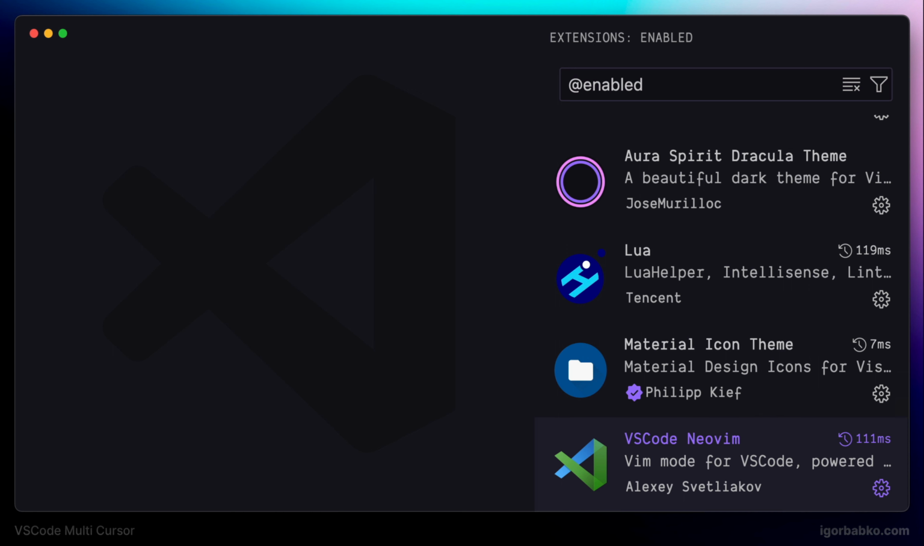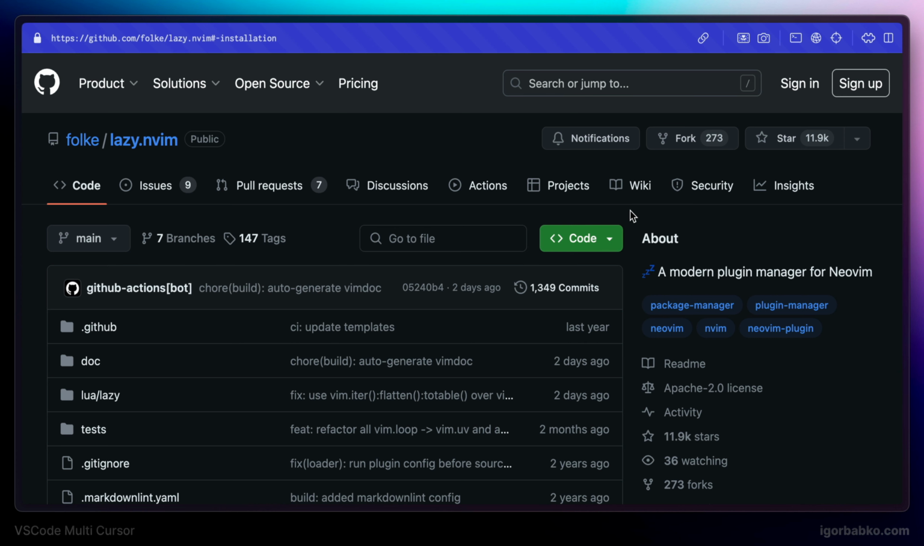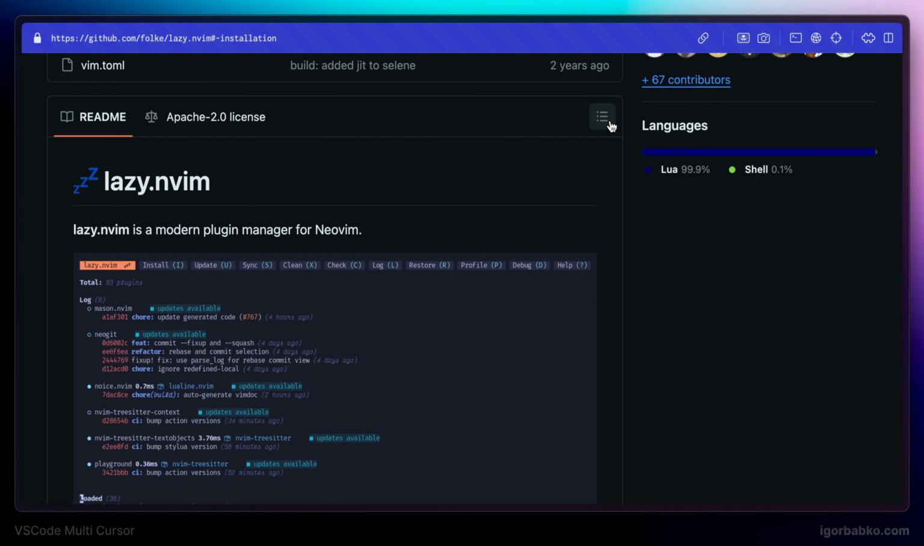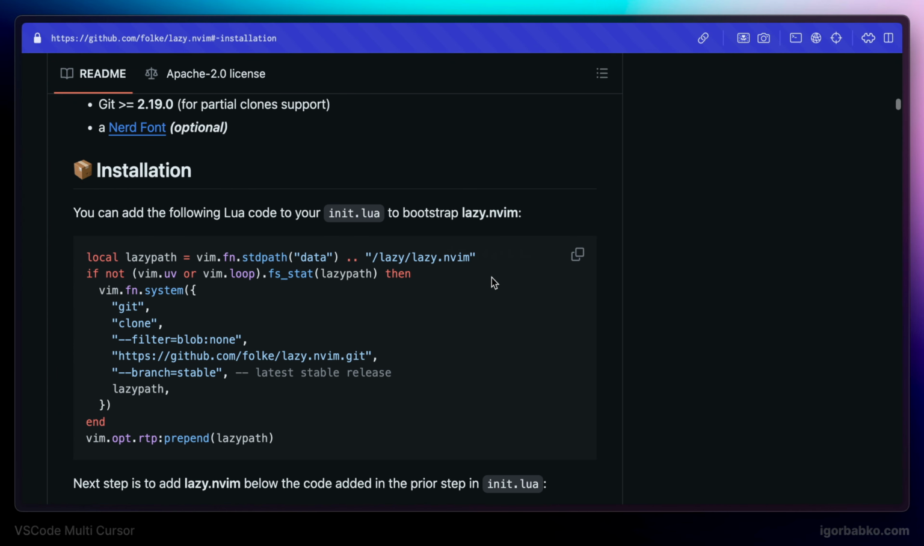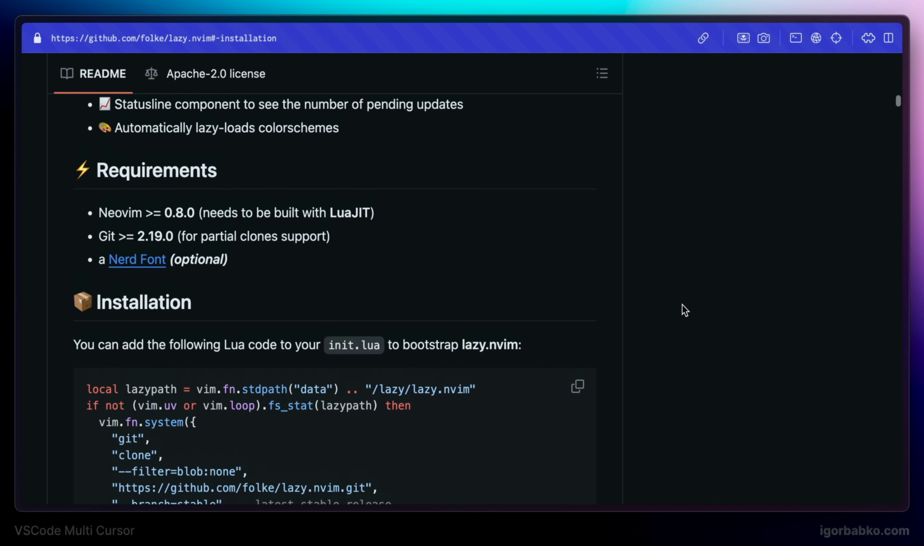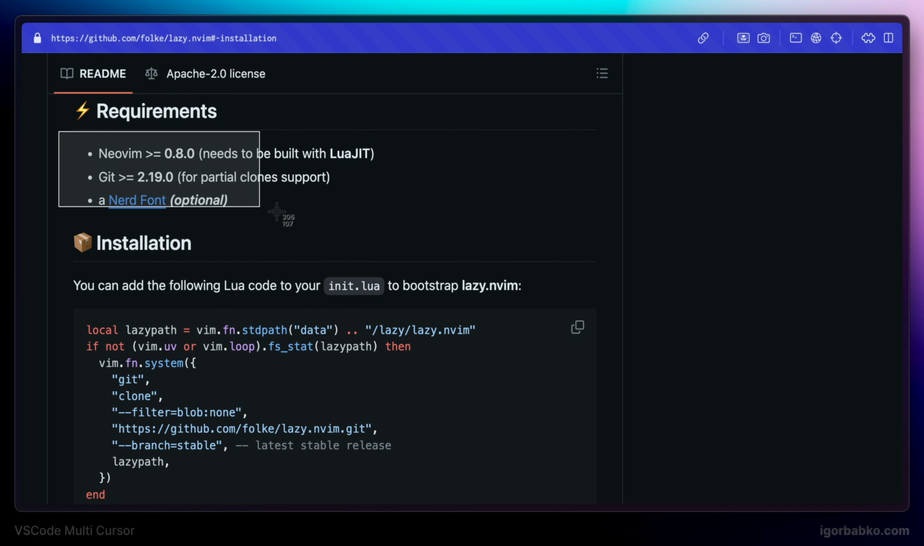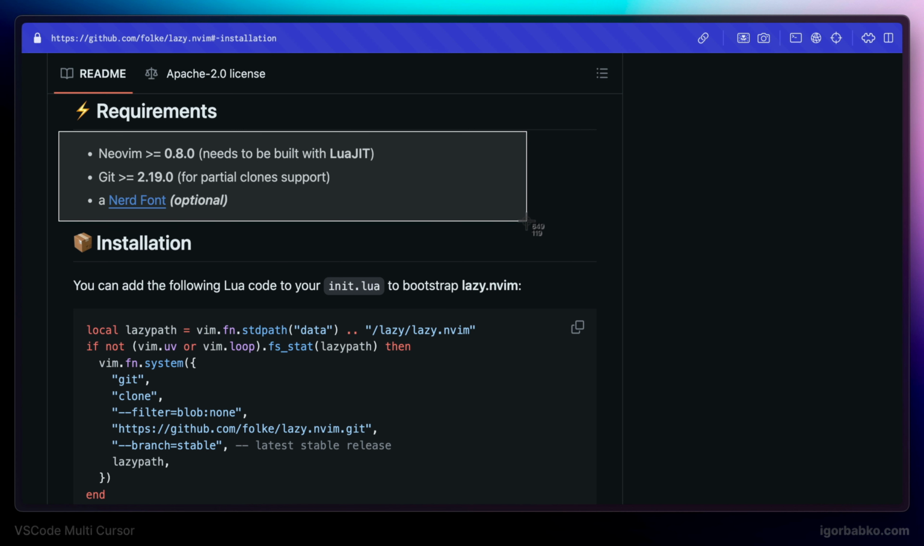Alright, so now let's move on to the installation process. Firstly, to install the vscode-multi-cursor extension, we're going to have to install the package manager for Neovim plugins, which is called Lazy. So to install this package manager, we just have to copy this code and paste it into the Neovim configuration file. By the way, also make sure that your operating system has all necessary tools installed and that those